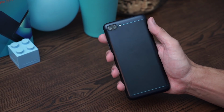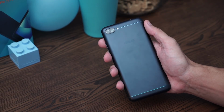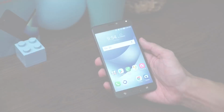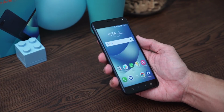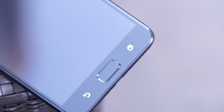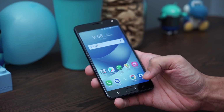Unlike some previous budget Zenfone models, the Zenfone Max doesn't look or feel cheap. The back plate is actually made of metal, and it has soft curves on both sides. The phone is available in gold, pink, and black. Because of its bigger battery, there is a noticeable heft, but I've never been a fan of phones that weigh next to nothing. The capacitive back and menu buttons on either side are pretty standard, but give the phone a